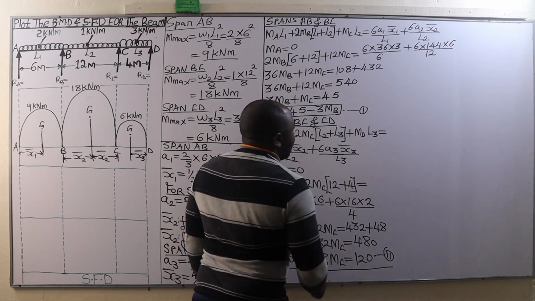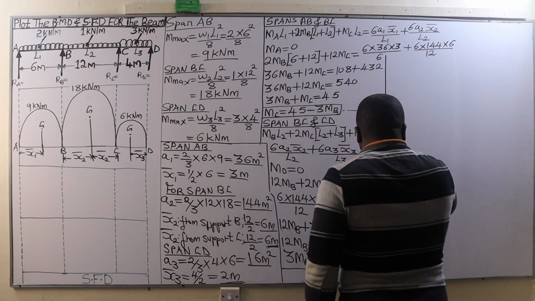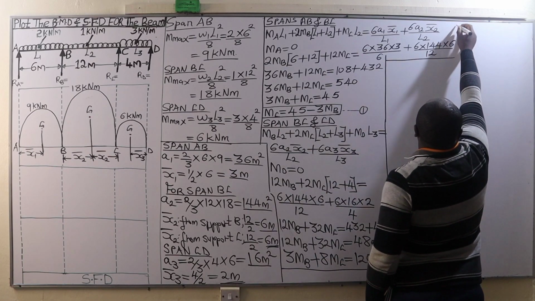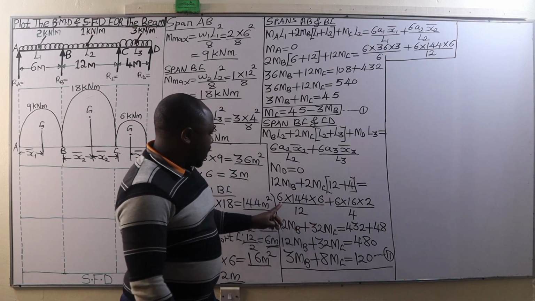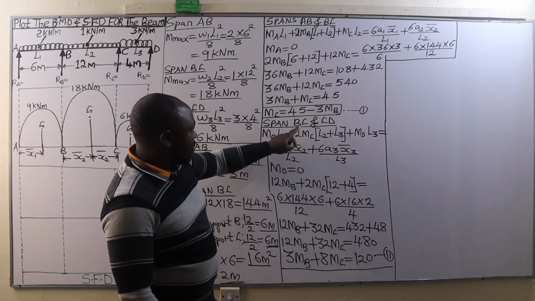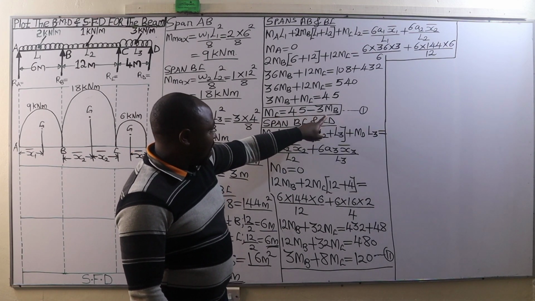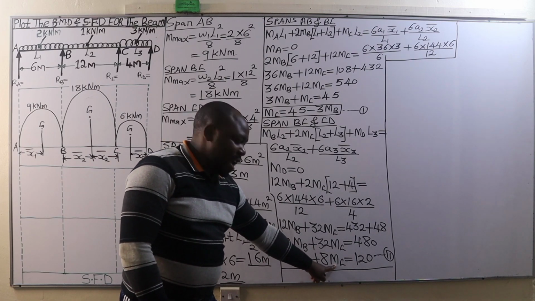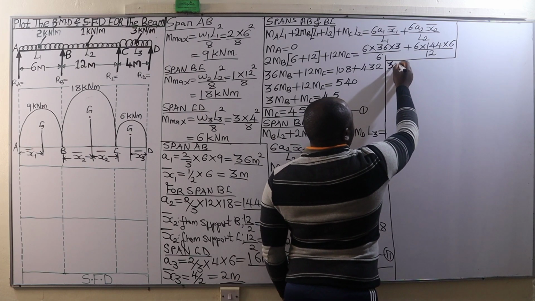Good. Now from there, we are going to have this. Now we said that there's somewhere we said that equation 1, MC is 45 minus 3 MB. Therefore, this MC, we are going to substitute it here. And this is going to give us 3 MB